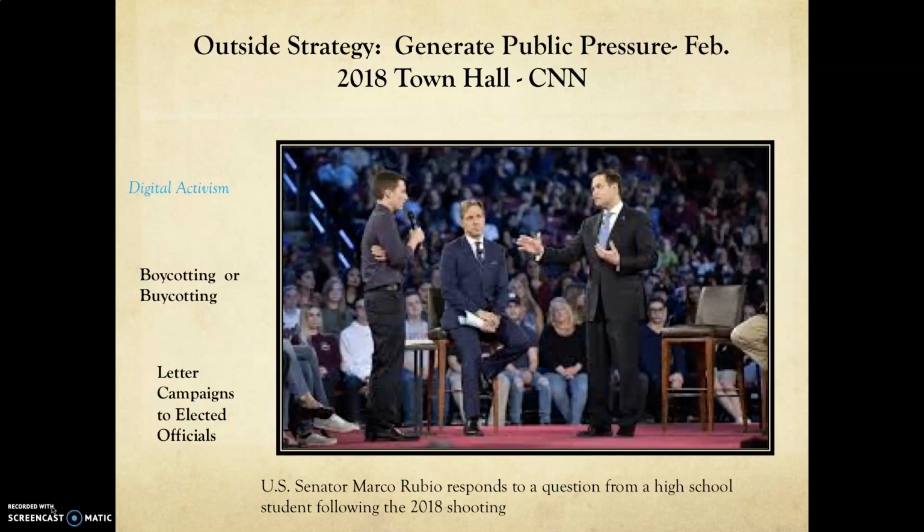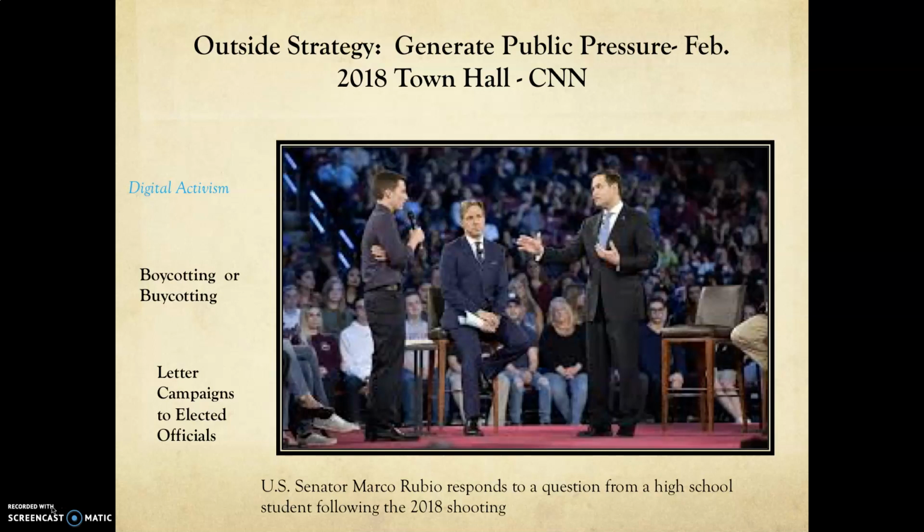So on the screen, it's titled Outside Strategy. Generate public pressure: February 2018 Town Hall, carried by CNN News. There's an image of United States Senator Marco Rubio on the screen, who's responding to a question from a high school student. This followed a shooting where there were many deaths in Florida. So this was a public,